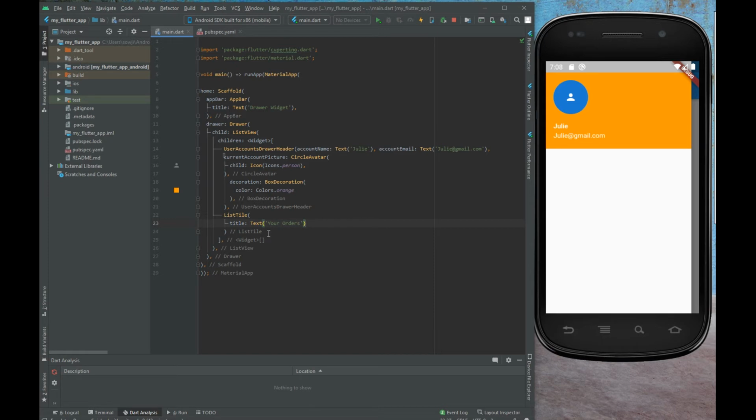So this is an example for a shopping app, and let me copy this list tile widget